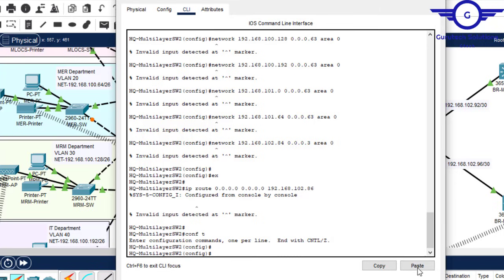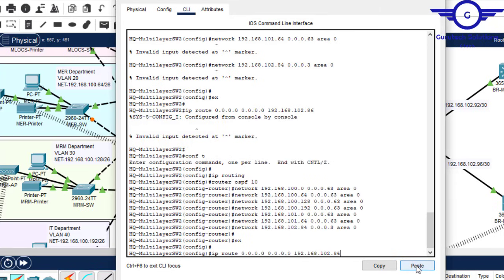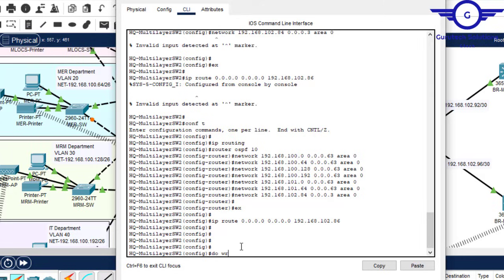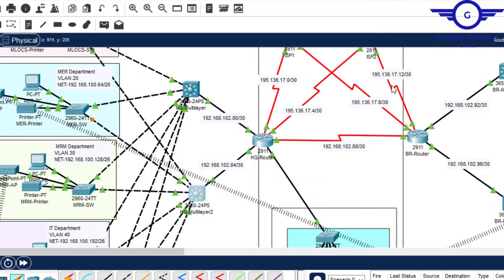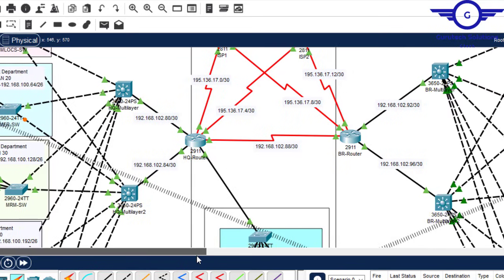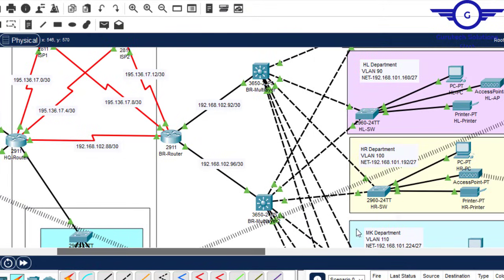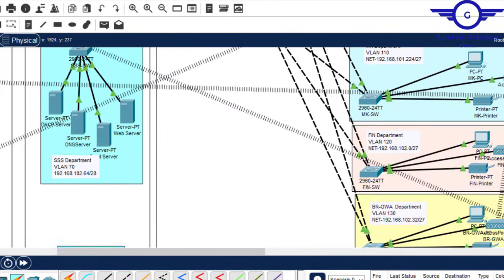Config T. So no error because we've enabled routing on that switch. Don't forget to enable routing on a multi-layer switch if you want it to carry out any routing functionality. So also on this side, guys,